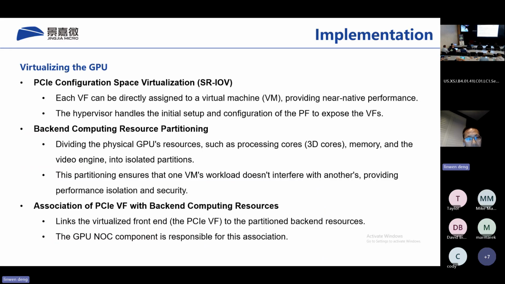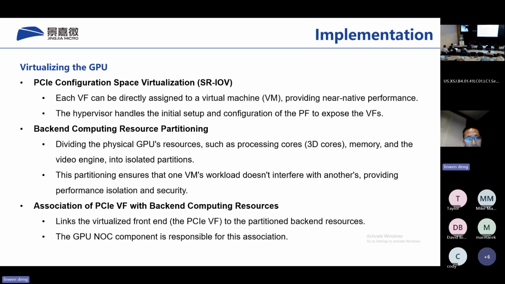The hypervisor's role is simple but critical. It handles the initial setup and configuration of the PF to create and expose the VFs, essentially preparing the GPU for sharing. So with the virtual interface created, we move to the second step,